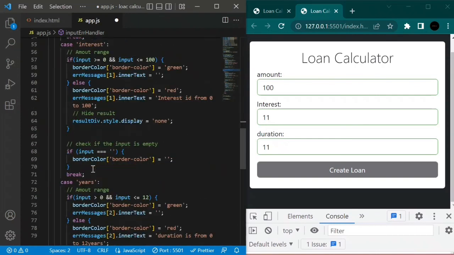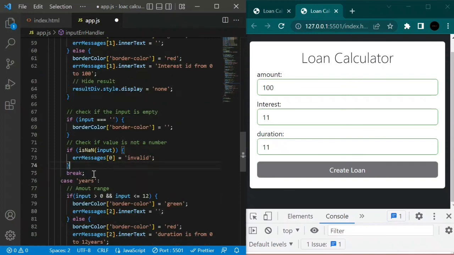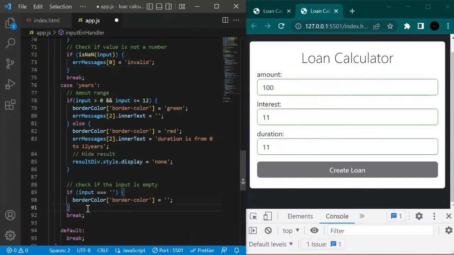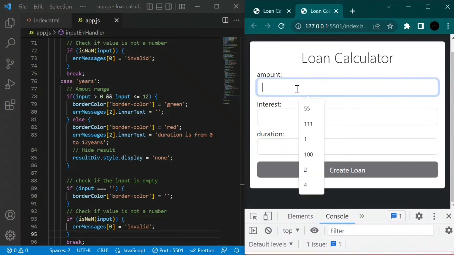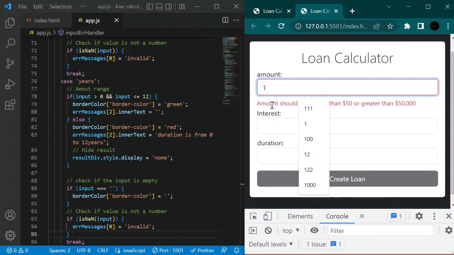And I want to copy this and paste it right here just before the break statement, also right here, and save. And if we try this out, say we enter 1 and we're having the normal error. If we enter an alphabet,